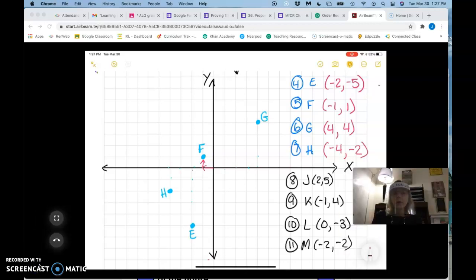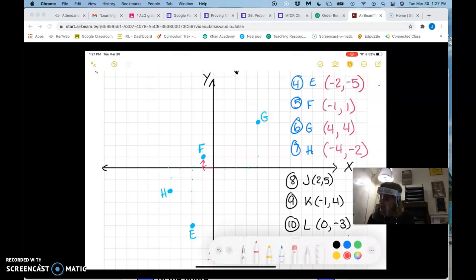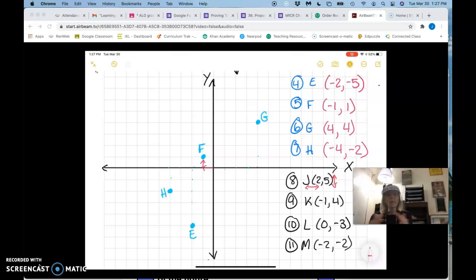So for the next 4 problems, they're giving us a letter and an ordered pair, and they want us to plot it on the coordinate plane. So we're just going to use the same coordinate plane, and we're going to plot these points. Remember, the x, the first number, tells you to go right or left, and the second number tells you to go up or down. Always move right or left first, up or down second. So if I'm plotting +2, +5, I'm going to go to the right 2 because it's positive, and up 5